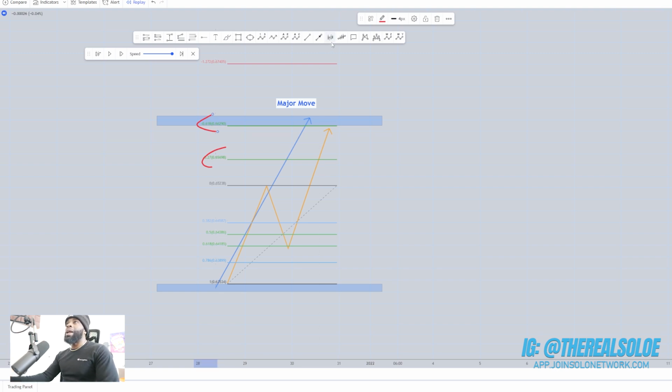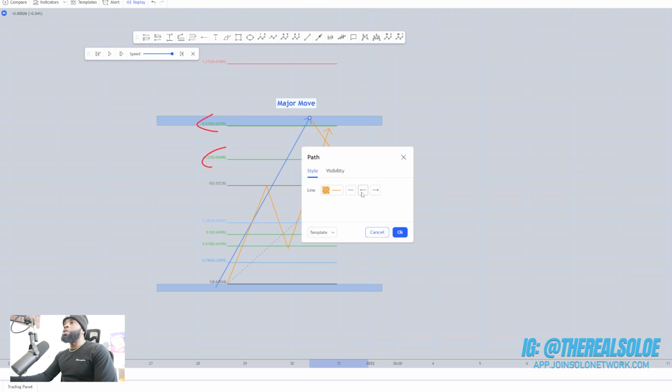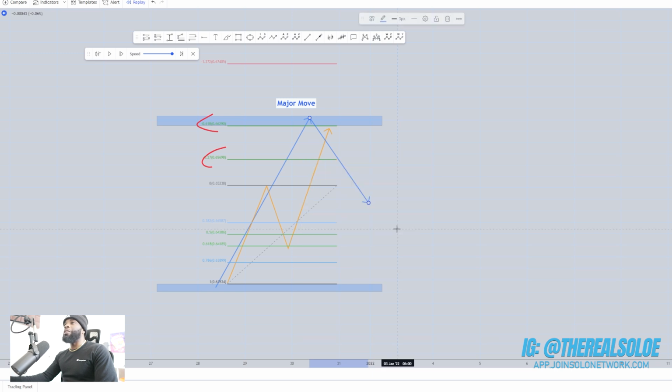What I mean by that is this whole entire leg right here, this blue line that I just marked, is all major structure. After the major structure move has completed, mind you, this is a 4-hour structural level, you're going to get a bigger pull to the downside. That bigger pull is going to be a lot bigger than expected, because if you're on a 5-minute,